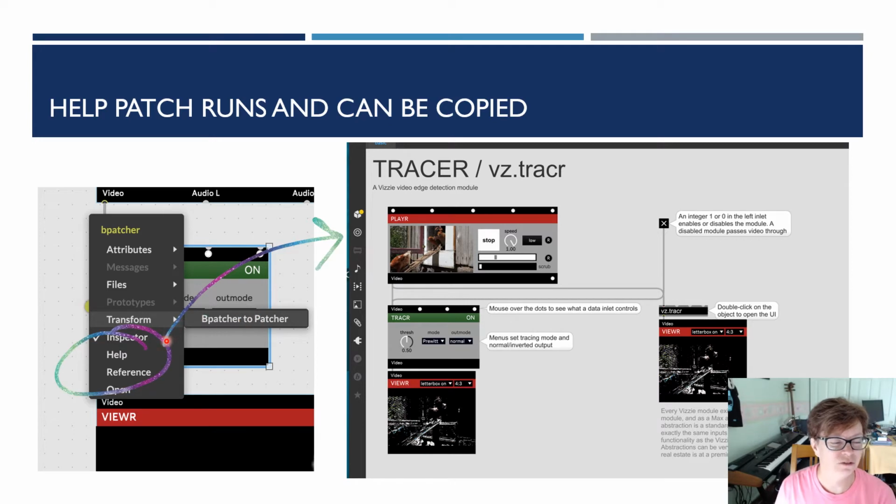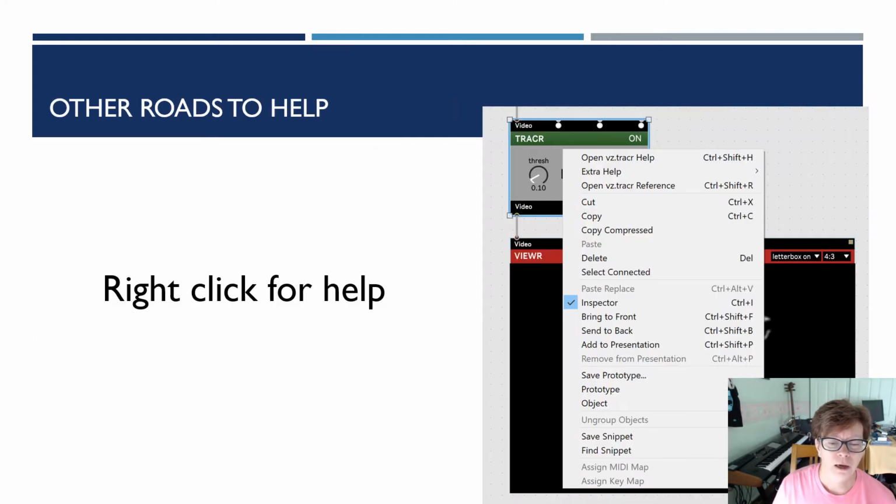So you can also see in this list a few other things. There's a reference, which is a little more wordy version of help, a lot of talking going on in there. And it'll also tell you what attributes and messages this object uses. We'll talk more about that later. Okay, so get help. You can get to that same menu a third way. You can just right click and it'll say open the help on that object. Sometimes there's even extra help and the reference is there. So you can right click or you can slowly move in and see that little arrow appear and use that,